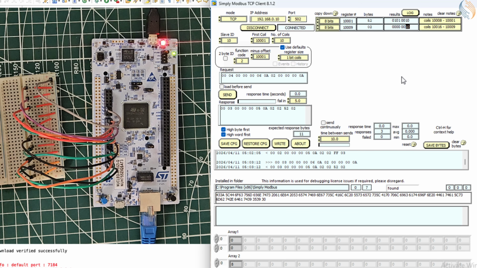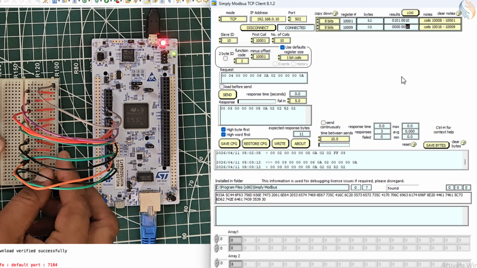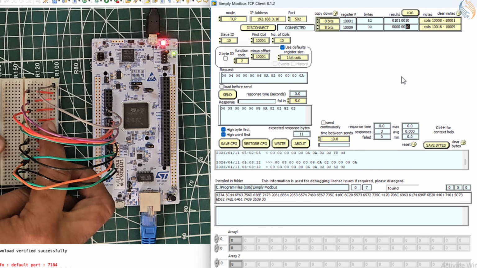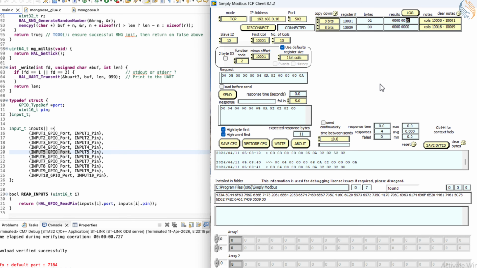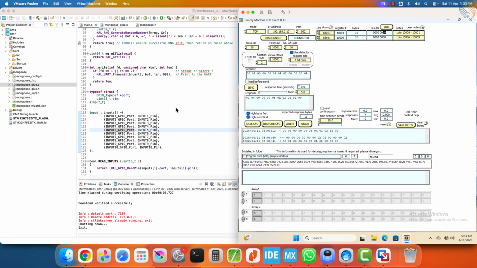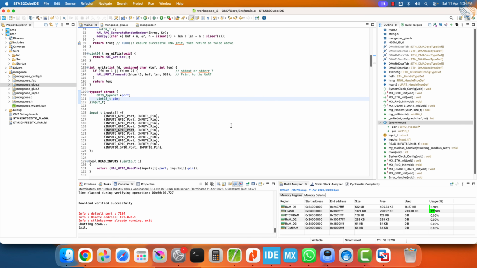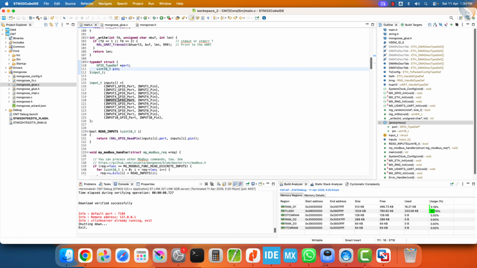Let me make one more change. This time I will connect all inputs to ground except input 2, which stays open. Sending the request from the client gives us exactly that result, only input 2 reads 1, and the rest are 0. So, the communication is working perfectly. The STM32 Modbus server is correctly responding to requests from the client and accurately reporting the real-time state of all